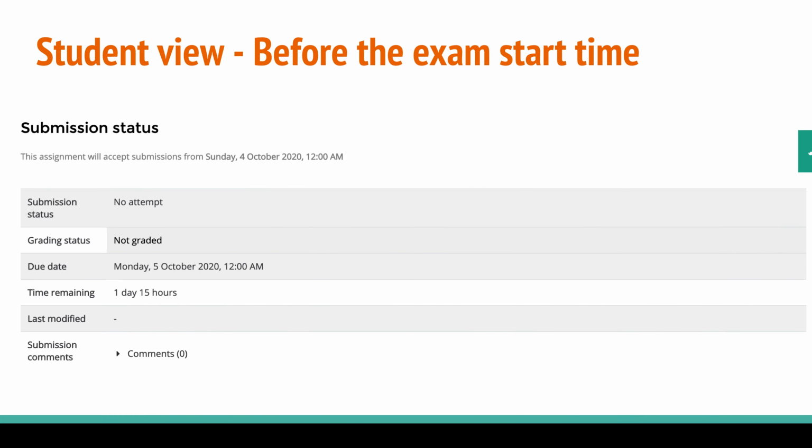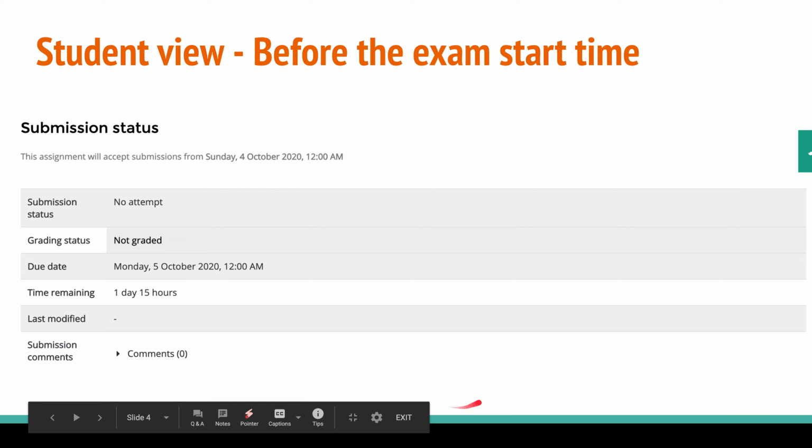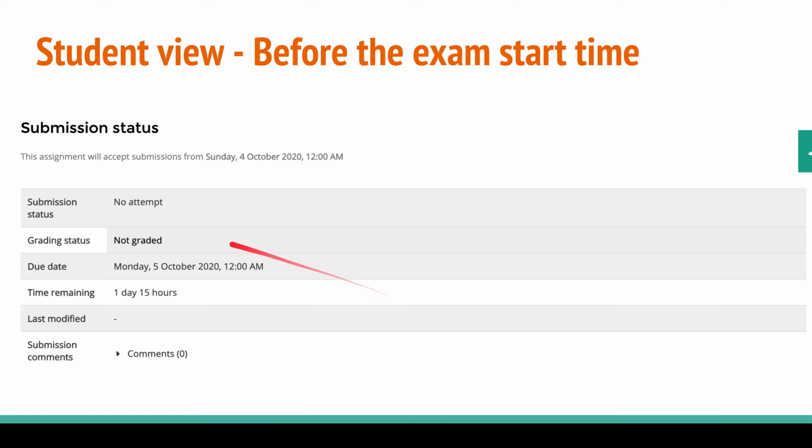So how does it appear for a student? If you have scheduled some timeline for this, it will tell the student the submission status. The assignment will accept submissions from this time slot. Till then there is no option for the student to click on add submission. It only has: submission status, not attempted; grading, not graded.